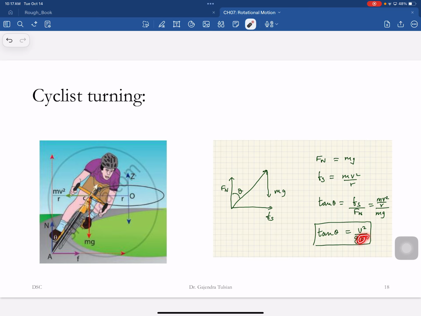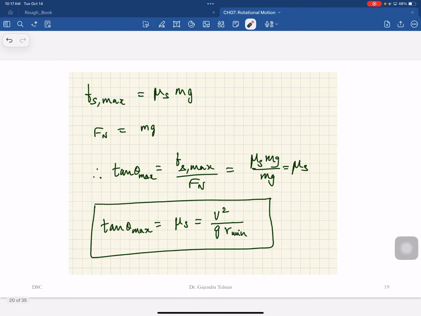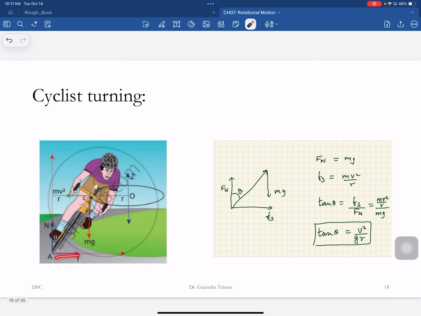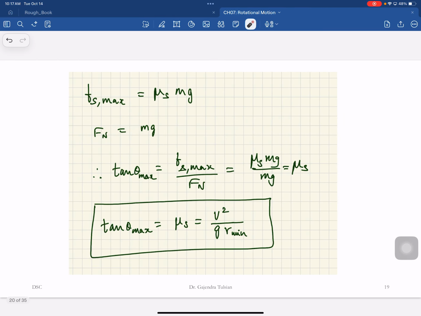Smaller the circle you're going in, greater your lean angle. Okay? So that's what that equation tells you. The maximum value of the friction force is dependent on the stickiness of your tire times the weight. So the maximum lean angle